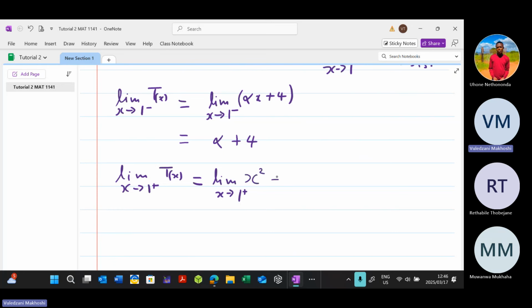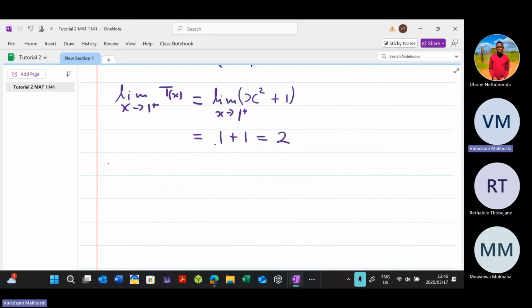X squared plus 1, like this. This is equal to, we can see that 1 is in the domain of this function, so we've got 1 squared plus 1, which is 2. Now, from the existence of the limit,